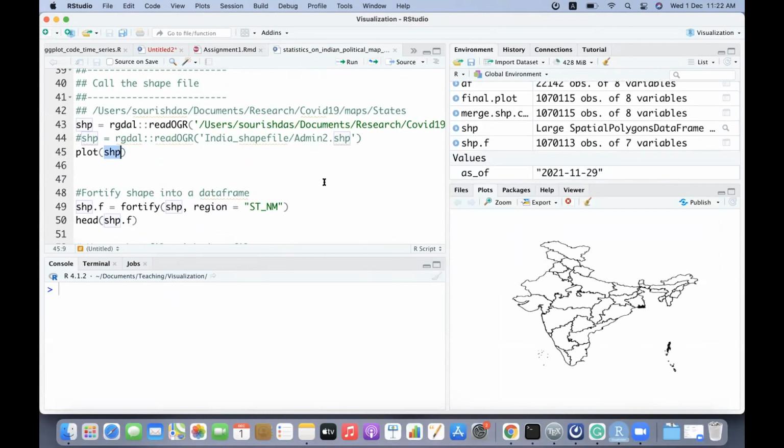I want to make it a data frame. If I just make it a data frame, it will give me shp.f file. It's taking a bit of time.